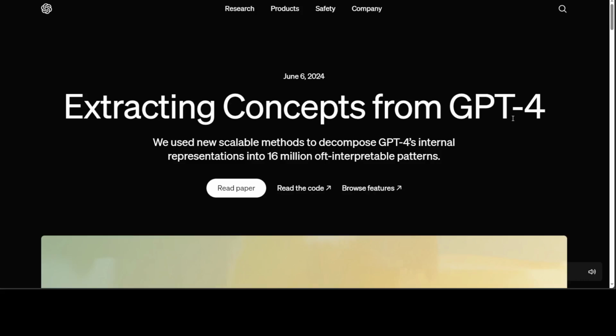So still early days. I'm quite hopeful that not only OpenAI but other players in the market too will reach this conclusion, and we will soon be able to demystify how these neural networks are working inside. Maybe we would use another neural network to demystify this. Who knows? That's it. Let me know your thoughts on it.